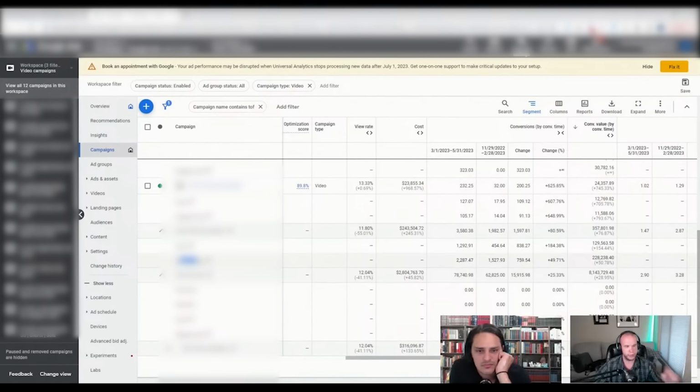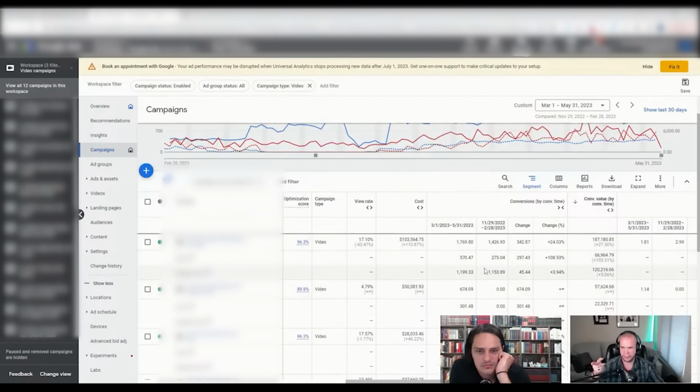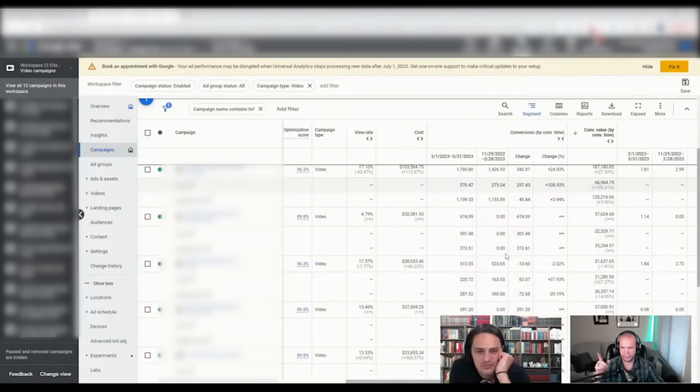Yes, there will be cold traffic that sees an ad and then converts later on. I'm not discounting those. I just don't want to scale those. I want to scale click-attributed conversions. So this is all of these campaigns here. And it's really, really amazing that this one here, this campaign, has 37% more click-attributed conversions and 20% fewer engaged view conversions.